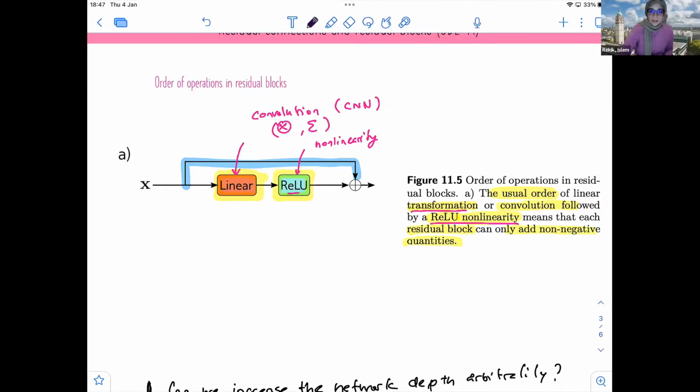I want you to look at the network. You can answer this question by yourself, because what goes into this basically addition operation. So we have two things here. We have the input data, right? So we have the input data, and we have the data that comes out of the ReLU, okay? So the data that comes out of the ReLU is always positive, all right? So somehow, some negative values that may exist in the X, they will disappear.